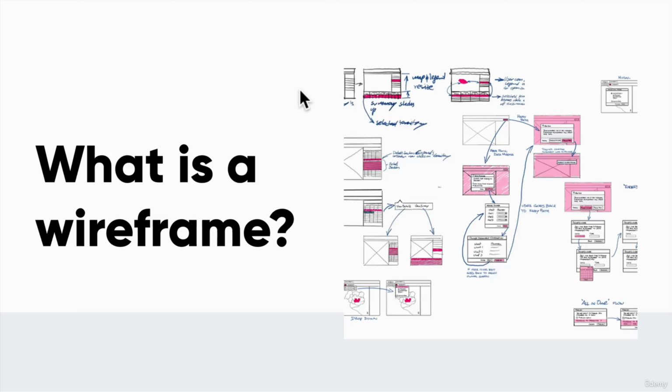But the big question is, well, what is a wireframe? Now, you may have seen images like this when we were sketching. A wireframe is a low fidelity layout that serves three simple purposes. It presents the information that will be displayed on the page in a little bit more detail than our sketches and our user flows. It gives an outline of structure and layout of the page,